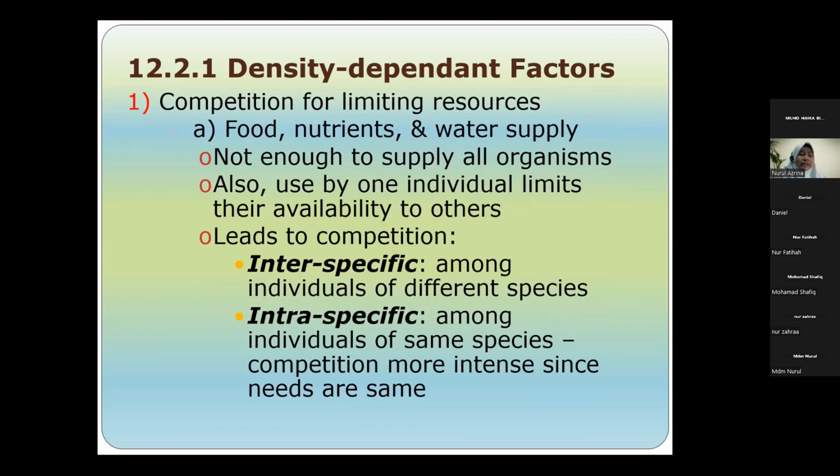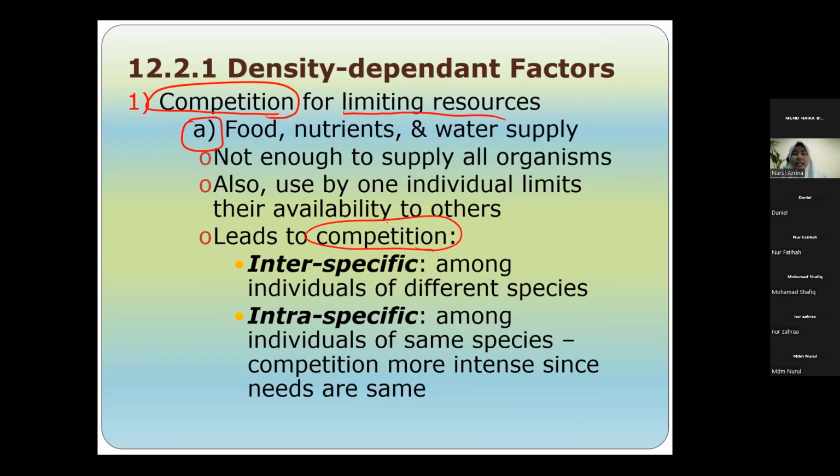Okay. Number 1, right? Density dependent factor is competition for limiting resources. So the limiting resources that we mention here is number 1, food, nutrient, water supply. Right? So when a population is having limited nutrient or resources like food and water, the resources available will not be enough to supply for all. So some individual might use more than other individual. So bila berlaku benda macam ni, ada orang guna lebih, ada orang guna sikit sangat. So this will lead to